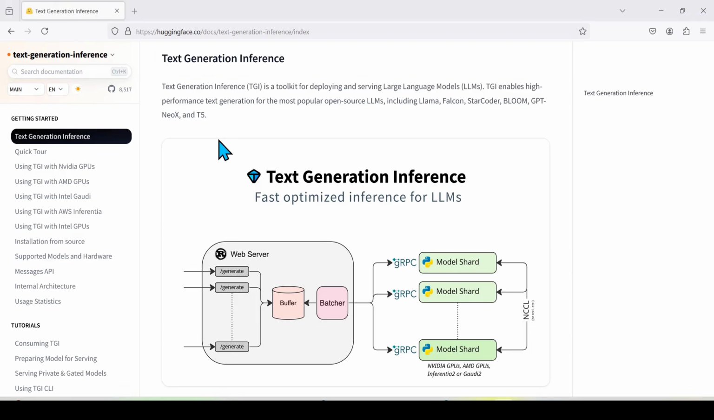These 4 ways are via Inference API, via Inference Endpoint, via Transformers, in which you can download the model on your local PC and then serve the model, and the final one is using Text Generation Inference, that is TGI. In this session we are going to discuss why TGI is a good option,